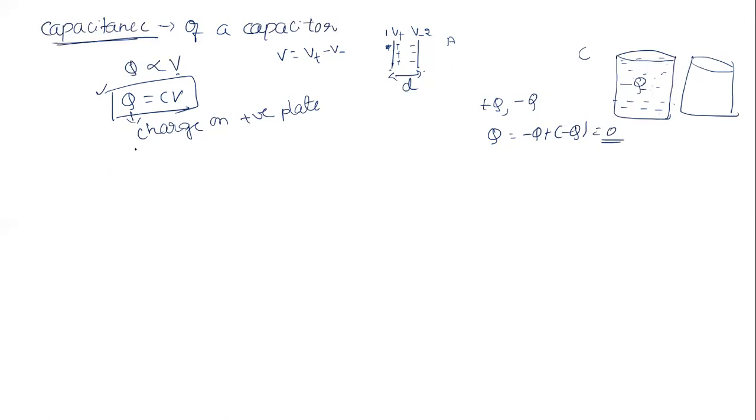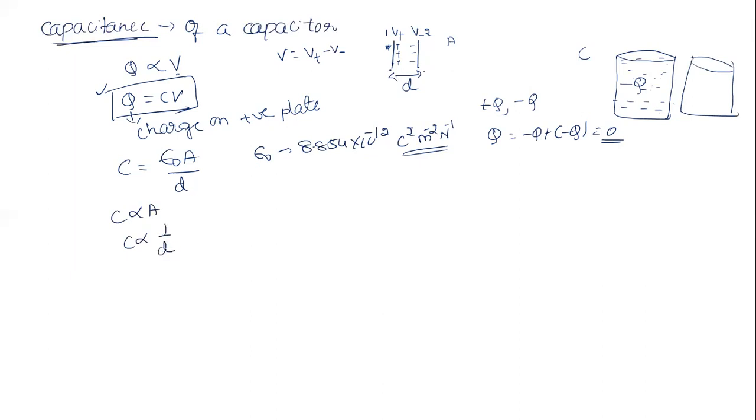So I can say the capacitance of a capacitor is given by the formula C equal to epsilon naught A by D, where epsilon naught is what we call the permittivity of free space or permittivity of the free medium, that is air or vacuum. Its value is 8.854 into 10 power minus 12. Many times the unit of this is asked. You should know the unit is coulomb square per meter square per newton. That is the unit of permittivity. Here capacitance is directly proportional to area, and inversely proportional to the distance between the plates.